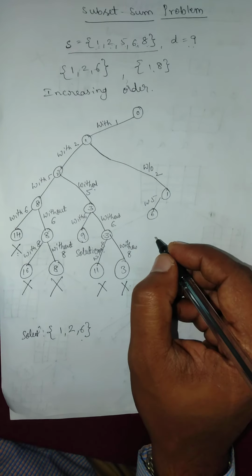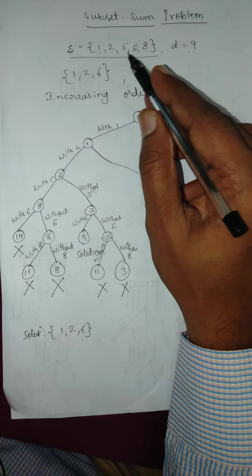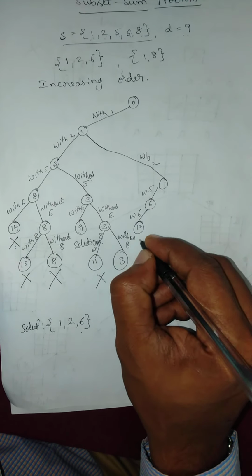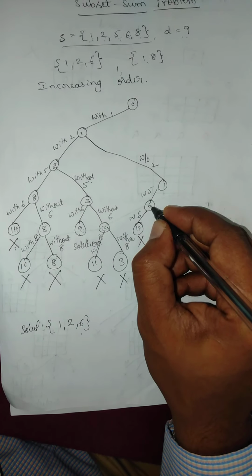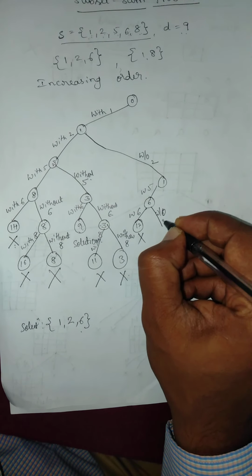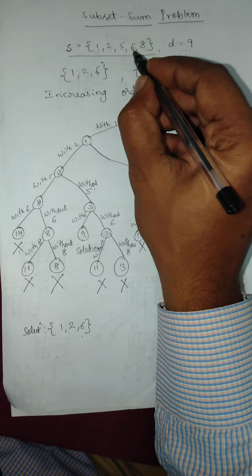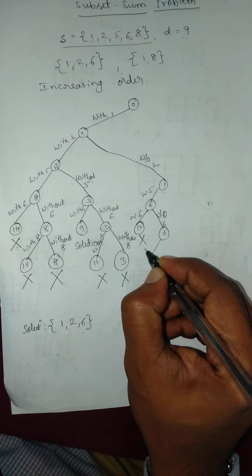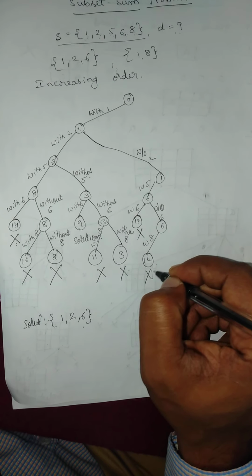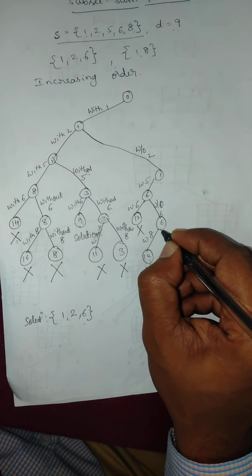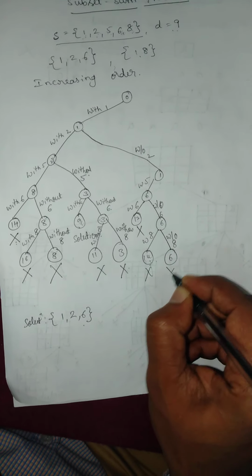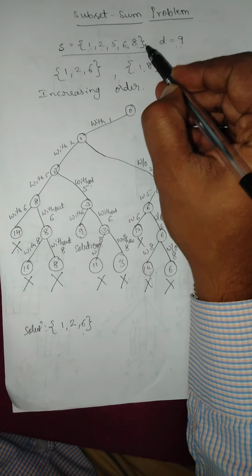So what is the sum? It is 6, right? Next element is 6. So with 6, what is the value? 12. Kill the subset here. Track back. Without 6, it is 6. So after 6, the element is 8. Try including 8. It is 14. So back, kill the subset. Backtrack. Without 8, it is 6, and we are done here. We don't have any further elements.